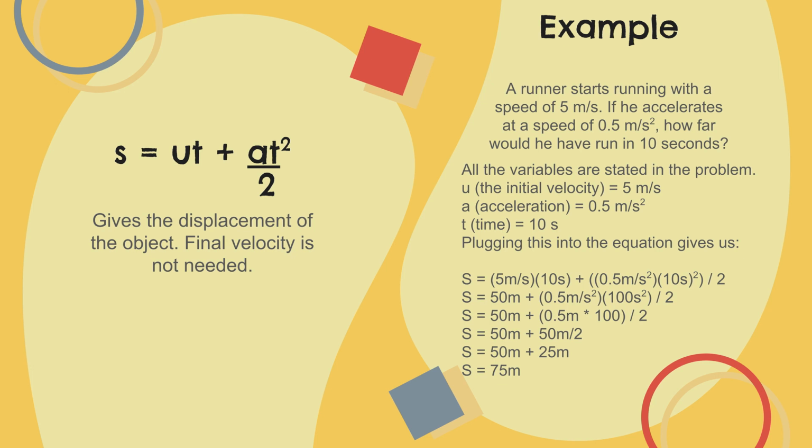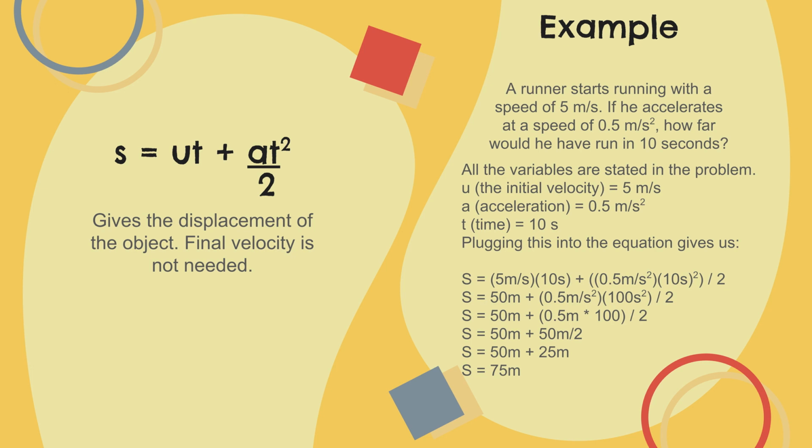We also see that the acceleration, or a, is 0.5 meters per second squared, and that the time elapsed, or t, would be 10 seconds. These are all the variables we need to find the displacement, or s. By plugging these values into the equation, we get s equals 5 meters per second times 10 seconds plus 0.5 meters per second squared times, in parentheses, 10 seconds squared divided by 2, which gives us s equals 50 meters